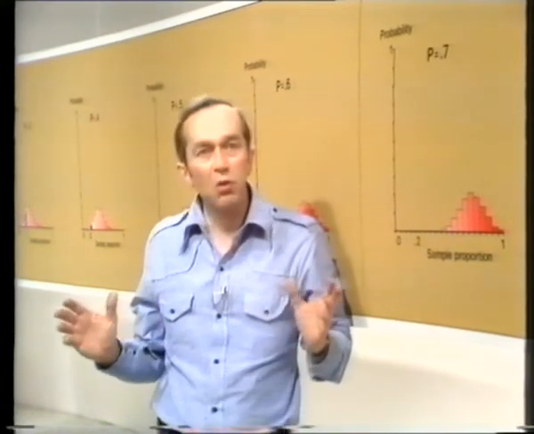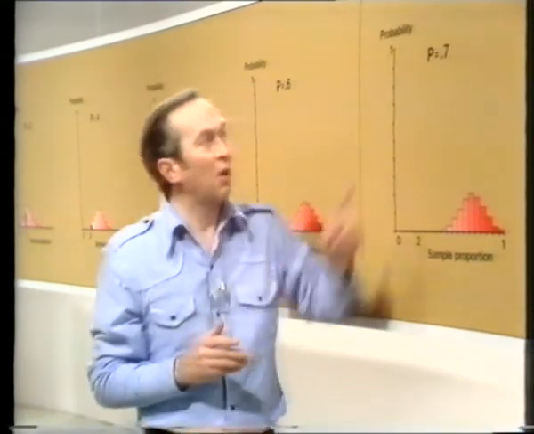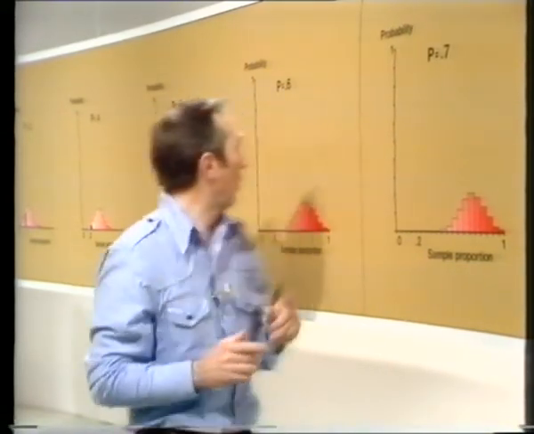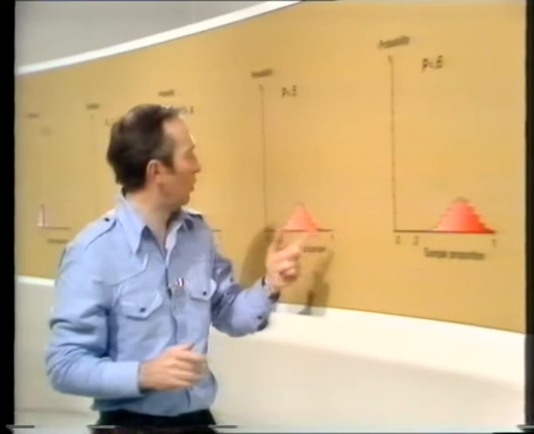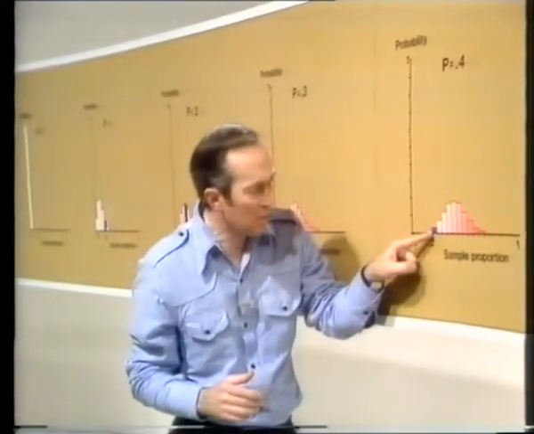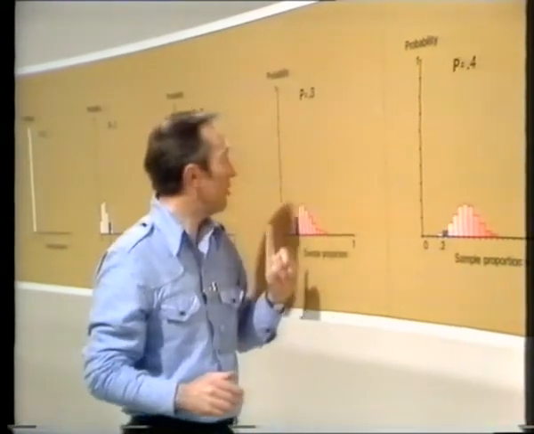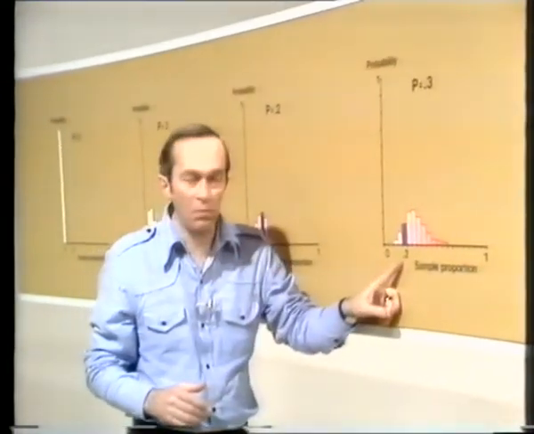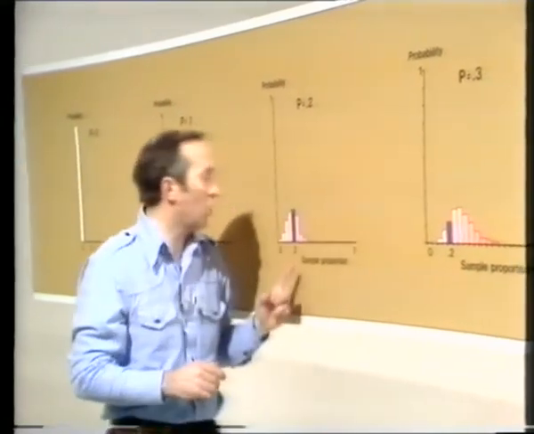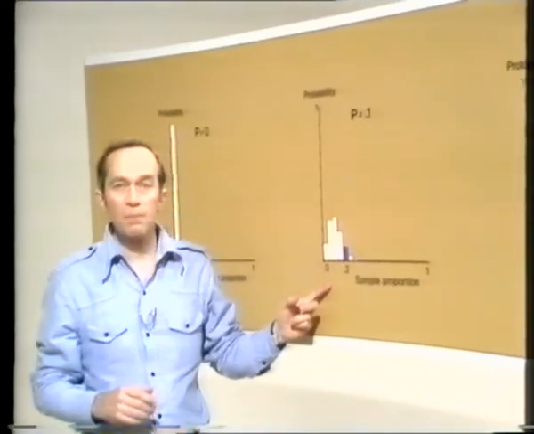And if you think of these as alternative models for what's in the bottle, do you think that p equals 0.7 is a possible proportion of reds in that bottle? Or 0.6? Or 0.5? What about 0.4? The probability is beginning to show here, at least in our diagram. And certainly 0.3 is a possible value because there's quite a high probability of getting 4 out of 20. And of course 0.2 and maybe perhaps 0.1.